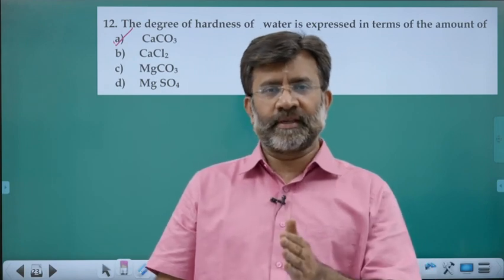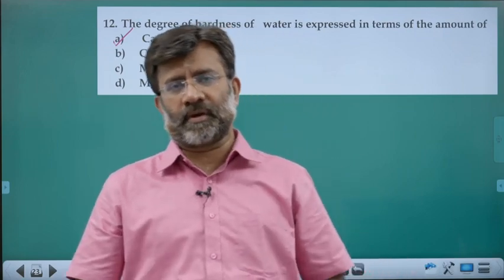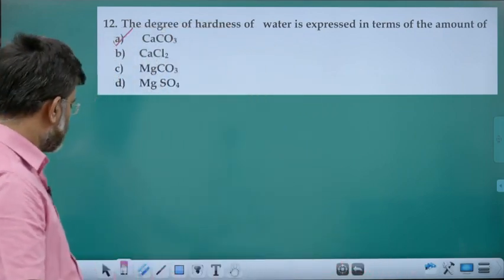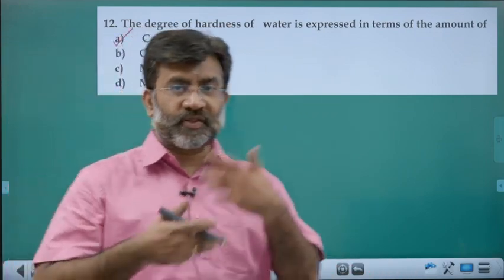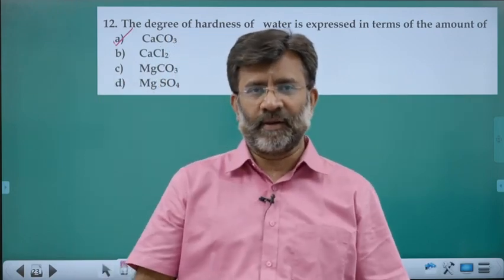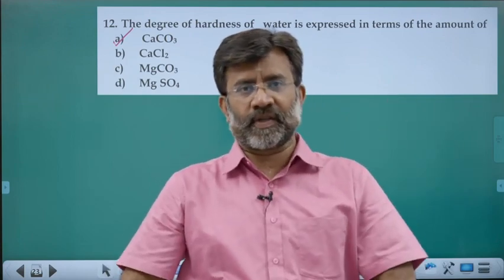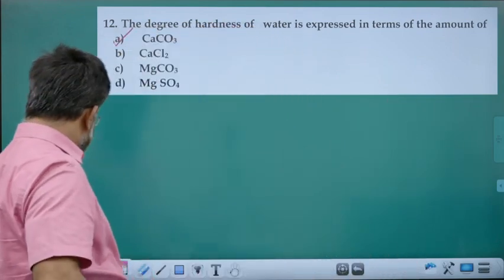So always the reference standard is in terms of calcium carbonate, because otherwise the references will change since hardness causing materials are different. All are taken into one particular reference substance, that is calcium carbonate. Next,